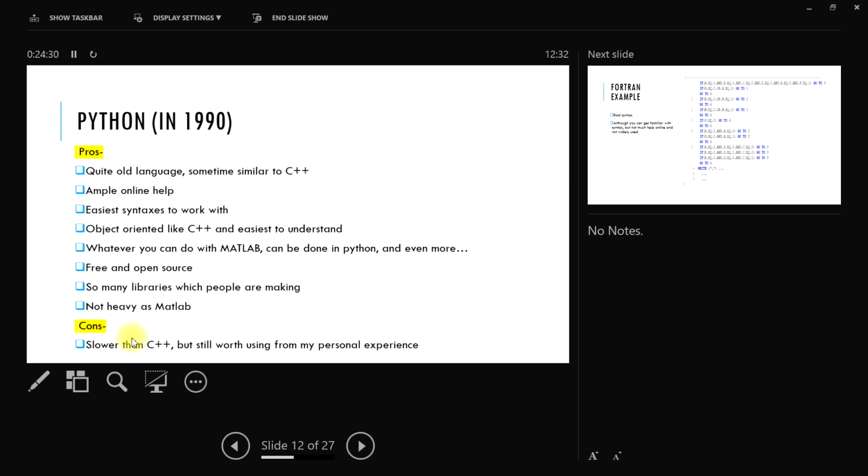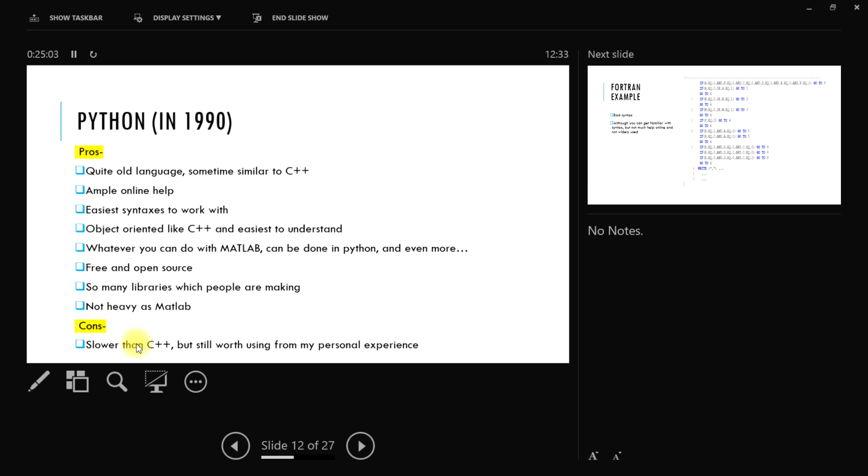Biggest drawback, it's slower than C++, it's slower than FORTRAN, but you have to do the trade-off. Whether you want easy syntax, to make your life easy, or you want to make the code run faster. If you want to deploy your code in industries or on servers, Python is not your choice. Industry people won't do it. They will use C++. All the gaming, all the AR, VR, will be written in C++. They won't be written in Python.